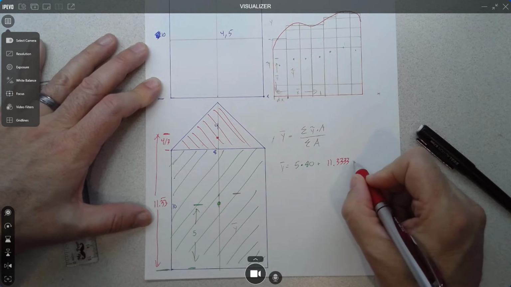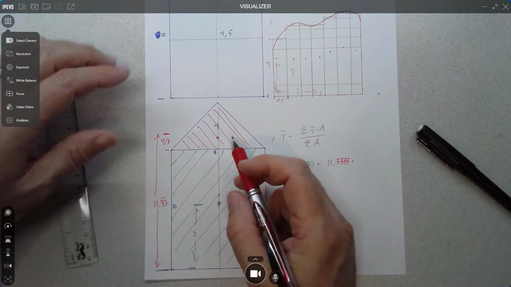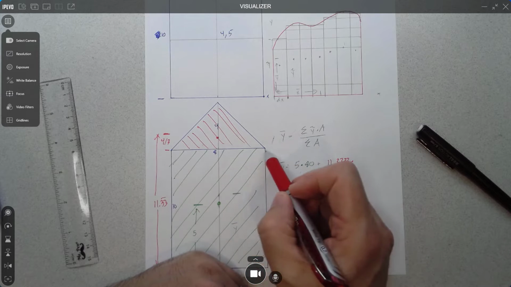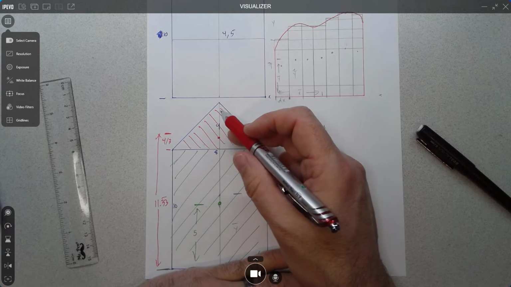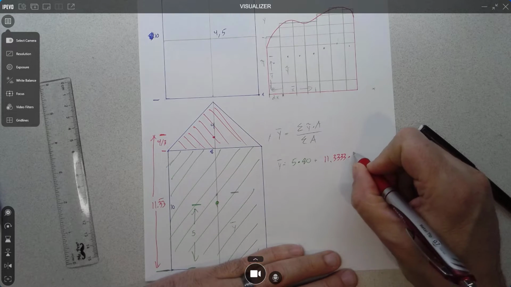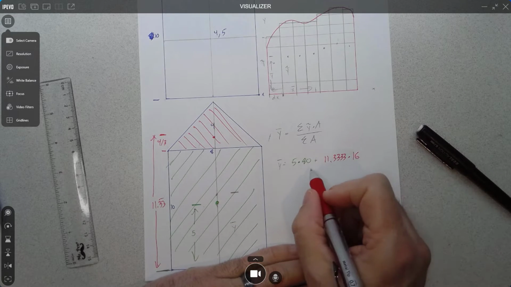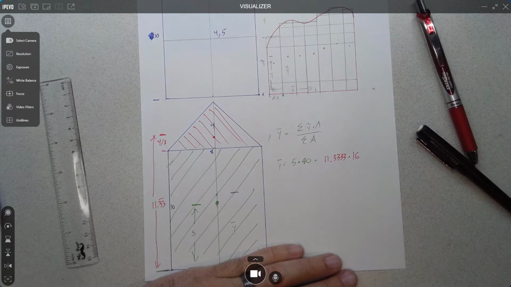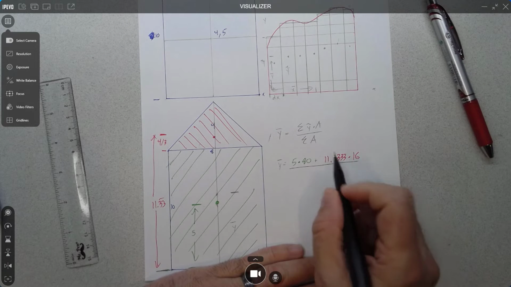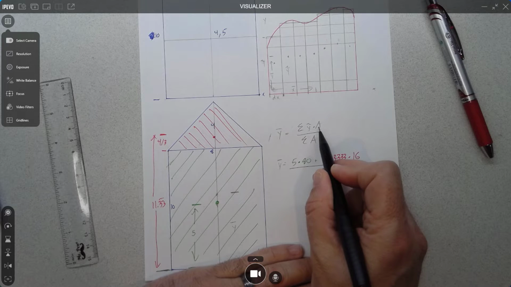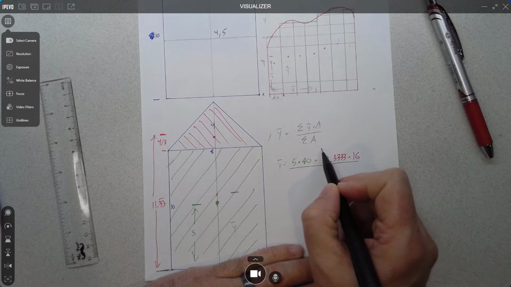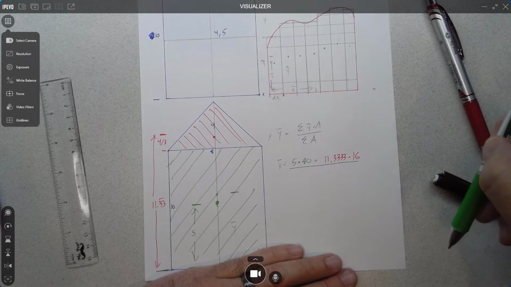Okay, and then the area of the triangle is going to be 8 times 4 divided by 2, so 8 times 4 is 32, so it's going to be times 16. Okay, so that's the sum of each of the centroid distances times their area. And now I do the sum of the areas. So the sum of the areas is just 80